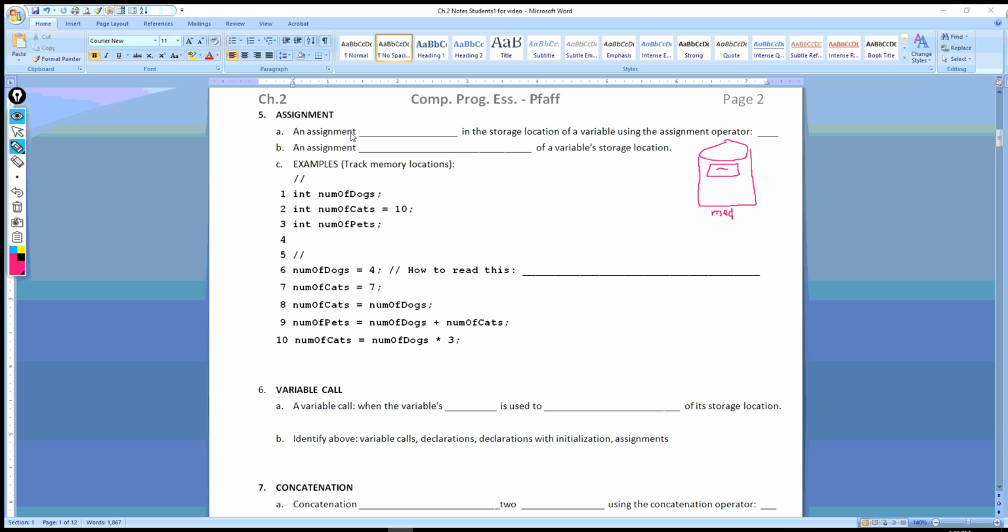And so an assignment is when we store a value. And so if somebody said they wanted iced tea, if you remember, I wrote iced tea or whatever the drink was on a post-it note, and then I put it inside the cup. That's an assignment, when you're storing something inside the storage location in the computer memory. So the named storage location. An assignment,